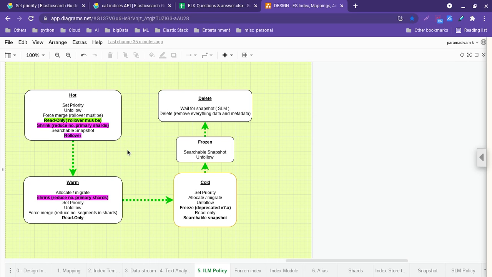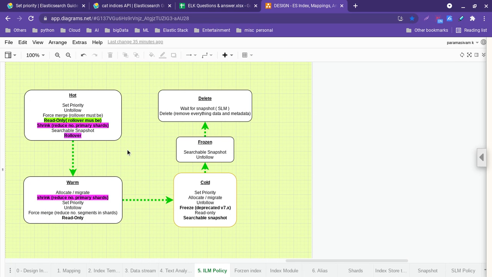Whenever a node restarts, say the hot node, warm node, or cold node is restarted, the recovery has to happen, right? So indexes have to be restored to their previous state. That is where set priority helps. Let's say I have 5 indexes in the cold phase. Two indexes have 50 as a priority, one index is 1, and the others are 25, something like that. The priority values are different.